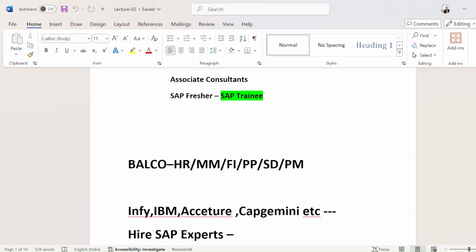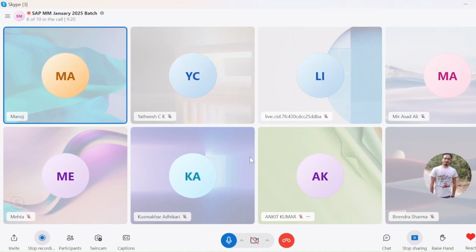So let's suppose there is a company, Mr. Mehta is having a company, and this is an automobile company. Earlier he was just using Oracle as an ERP solution in his company. But right now he wants to implement SAP in his organization. So he will go to some big players. If he has a budget, he will go to the big four, or he can go to the small IT companies also.